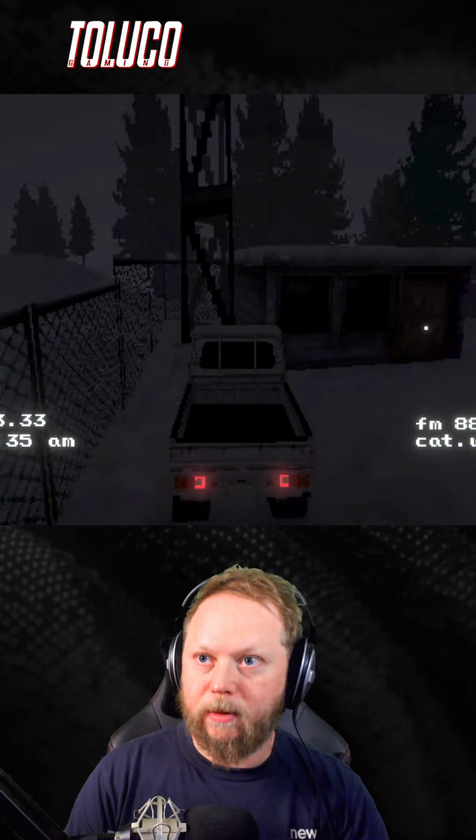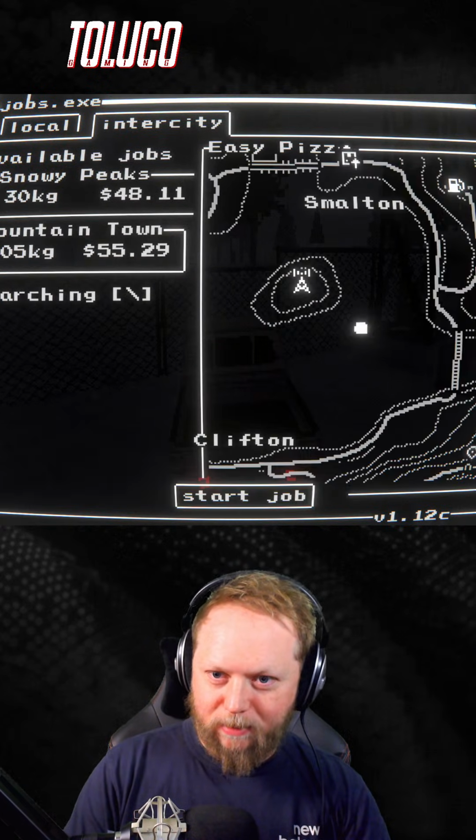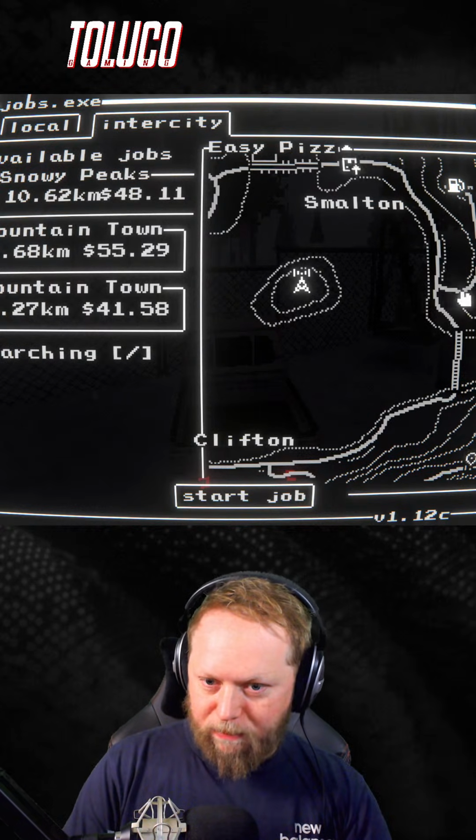Low fuel. Yeah, the little candy truck that can, yes. I need fuel now, that's a problem. Where's my fuel station? There. So I need to go off to this side.